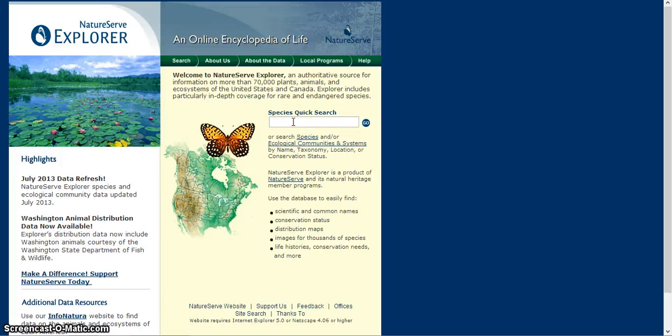Hi, for this tutorial we're going to look at the NatureServe Explorer, which is the database that provides information on North American flora and fauna. And especially useful on this site is their ranking system, which will provide a conservation status for any particular species. So this is the NatureServe Explorer homepage here, and before we actually search for a species, let's learn more about